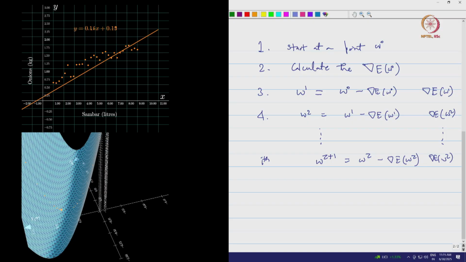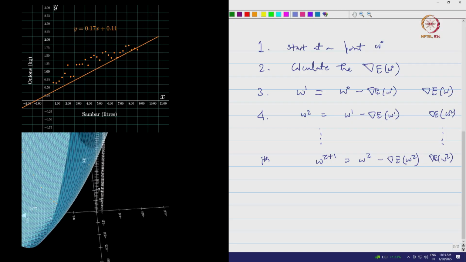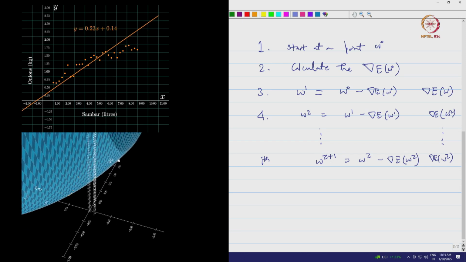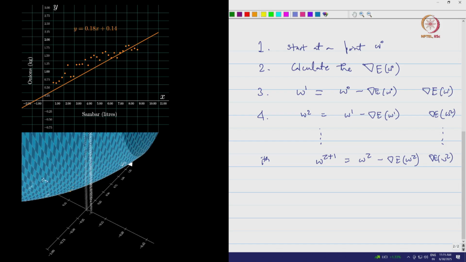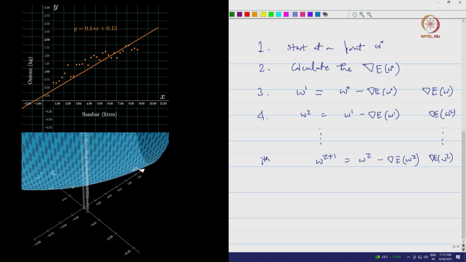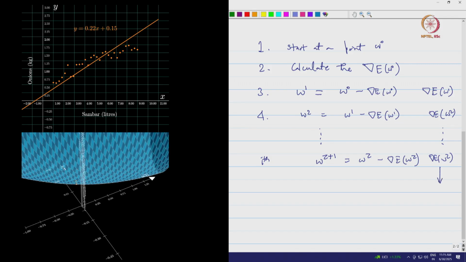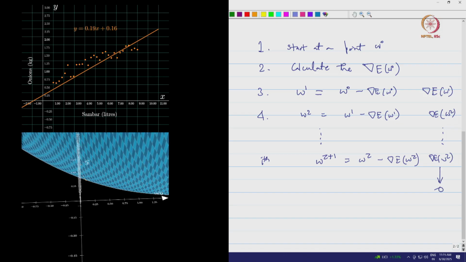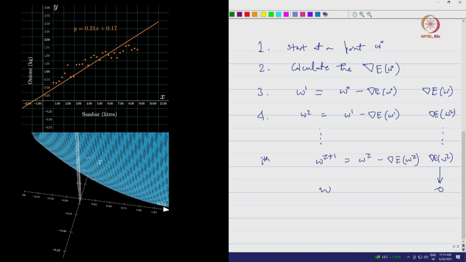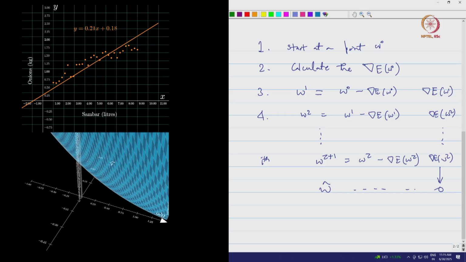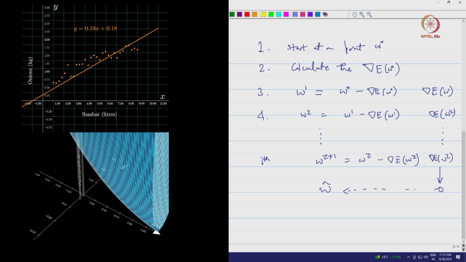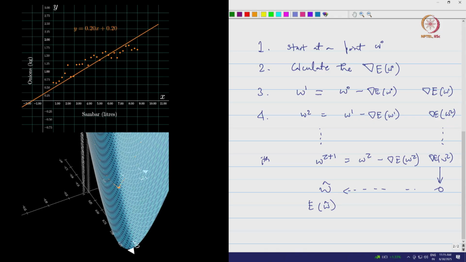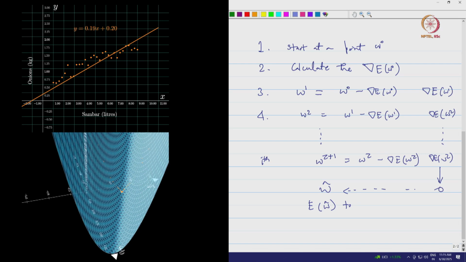So how do we know that we are arriving at the minima? That is what is on the top left of the screen. The nabla E of omega hat is going to be 0, right? So we are looking at the sequence nabla E of omega 1, nabla E of omega 2, and so on, and asking whether it is tending to 0. Once we arrive very close to 0 and we are happy with it, that is where we end, and that is going to be our omega hat, or the minima that we have found. And we are going to evaluate E of omega hat to quantify the error of the model that we have arrived at.